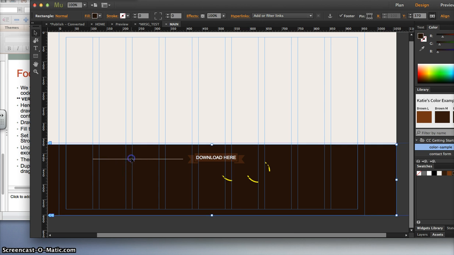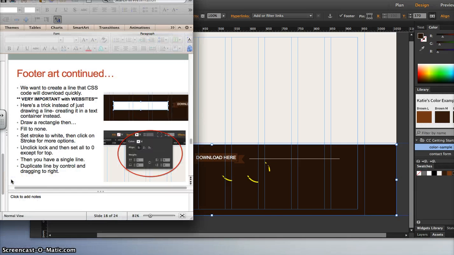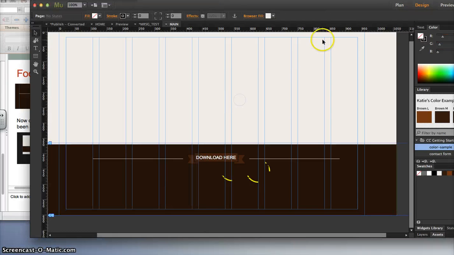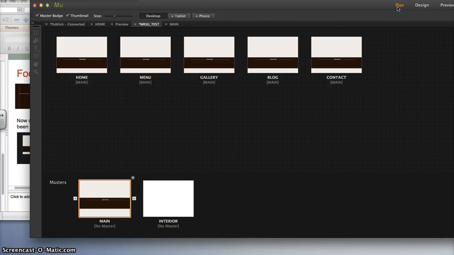So I'm also going to duplicate that line. And there we have it. Okay. So that's the footer. Then we want to go on to the plan mode. And the plan mode, you're going to notice that